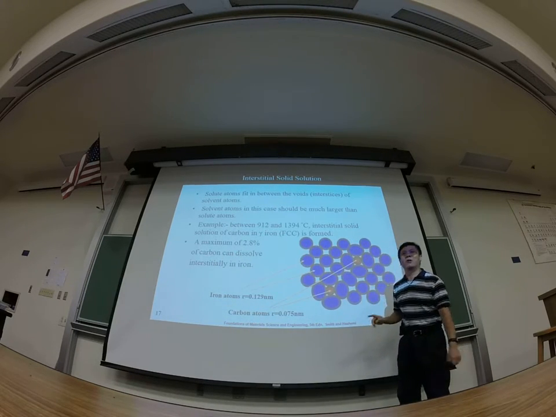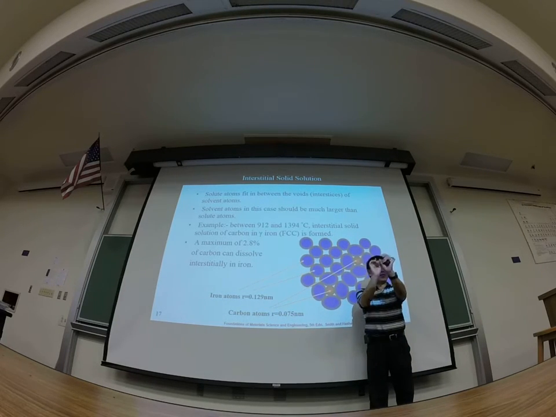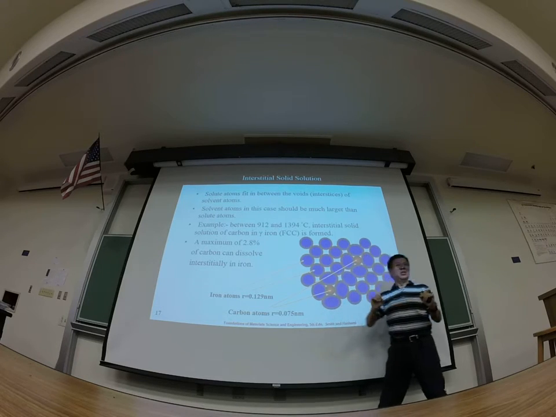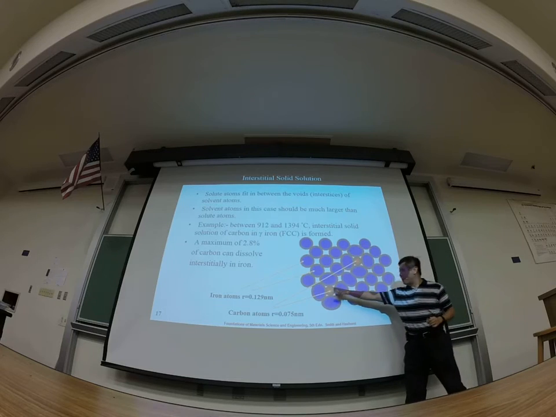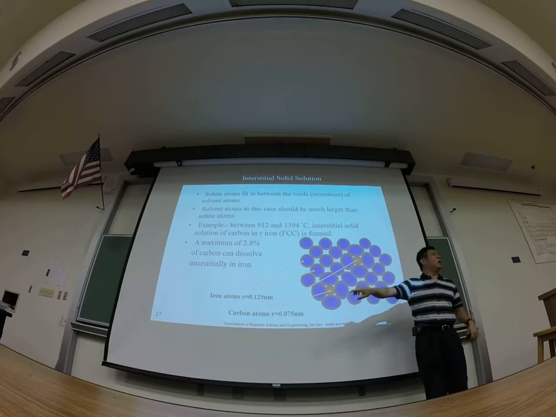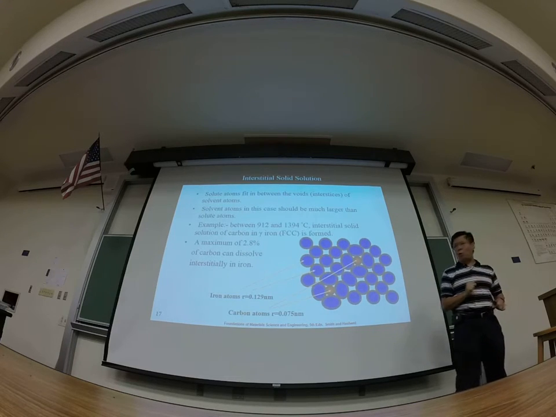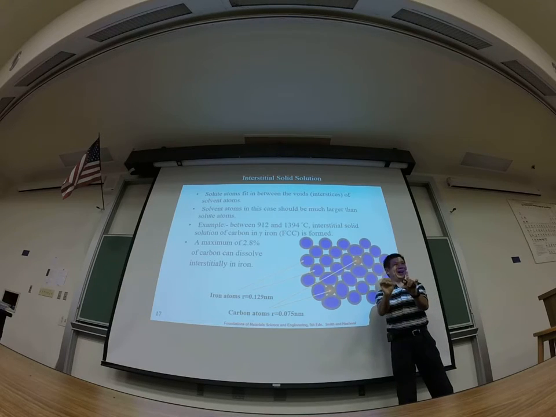But indeed, you will find the carbon size is larger than the interstitial size. So what really happens is the carbon will fill in the interstitials between the iron atoms, but they have to deform the atoms of the iron, otherwise it cannot fit in. Okay, so